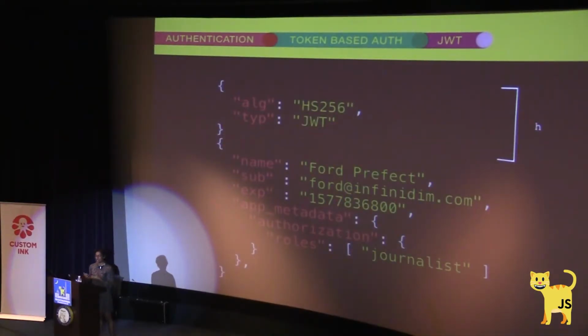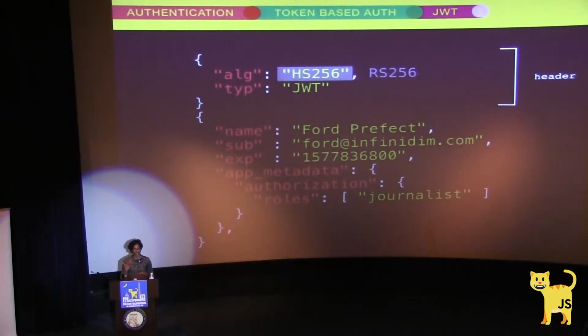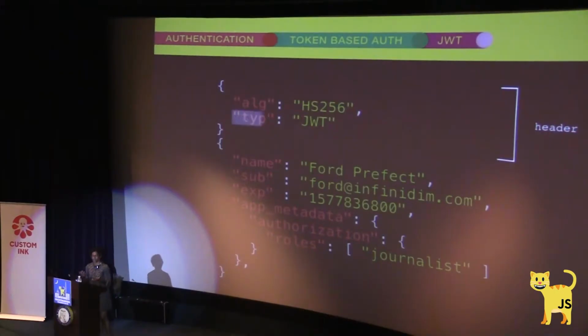And so the idea is that you have the first part, which is the header. And the header has an algorithm with HS-256. All you have to know is that there are 2 kinds, I believe. There's HS-256 and RS-256. RS-256 is asymmetrical. So if you've ever done GitHub-based authentication, if you have private and public keys, that is RS-256. HS-256 is if a client and a server share a secret that they can encode and decode. That's essentially the difference between them. And you can choose whichever you like. I usually go with HS-256 because, I don't know, this is just arbitrary.